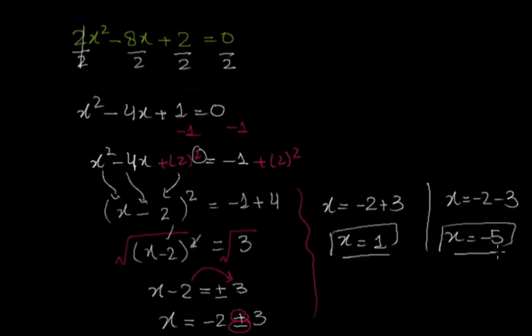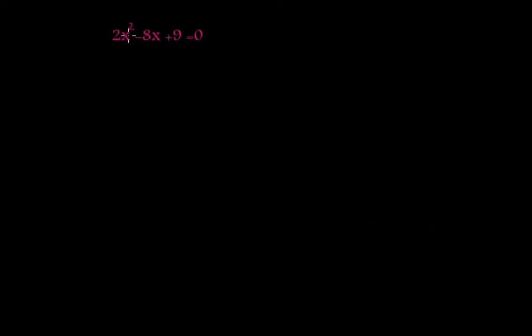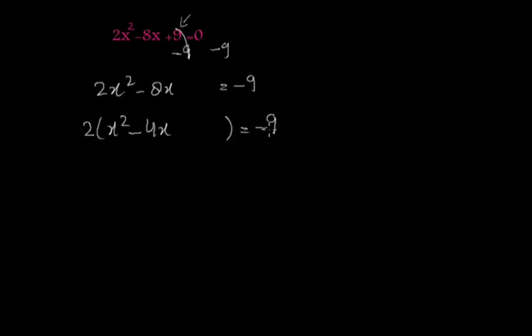Go ahead and solve this for x. In this case, we can't divide every number by 2 because 9 is not even. So we subtract 9 on both sides. So it becomes, you can move 2, but this time I solve differently. If I take 2 common, it becomes x squared minus 4x, make some space, and it's negative 9. Now let's focus on this term over here and take half of it, that is 2. So I add 2 squared on this side.